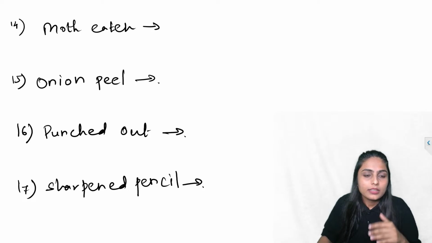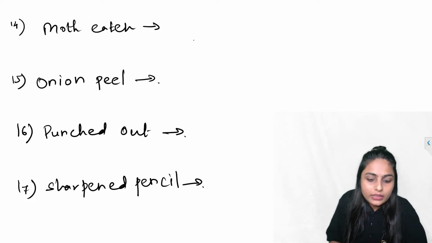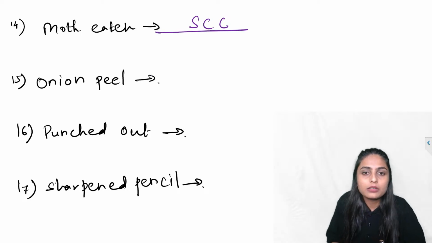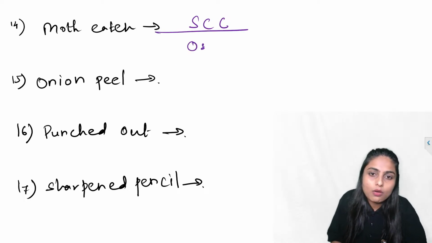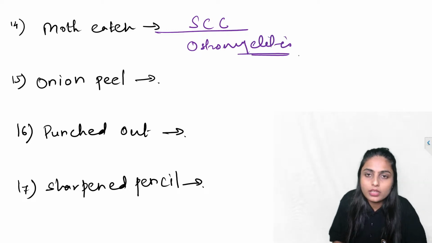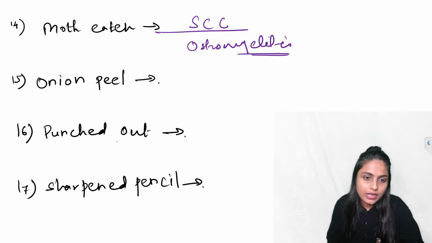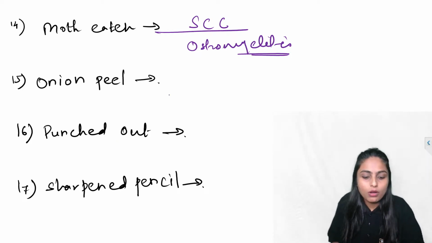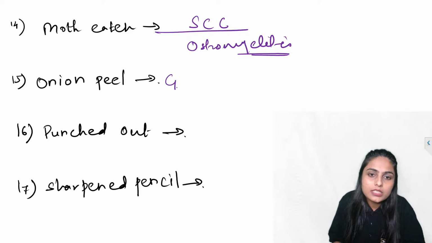Next is moth-eaten appearance. We all know this is seen in squamous cell carcinoma. It is also seen in osteomyelitis. Next is onion peel appearance, we already know. We have seen this in